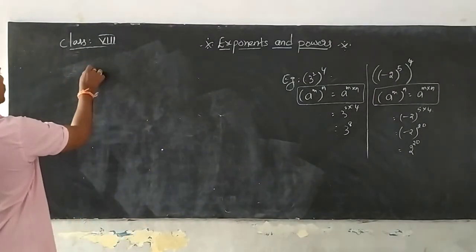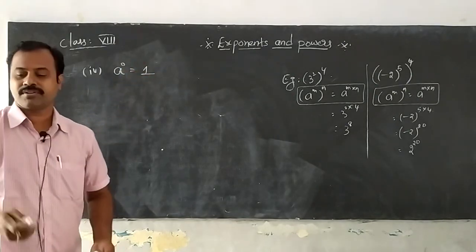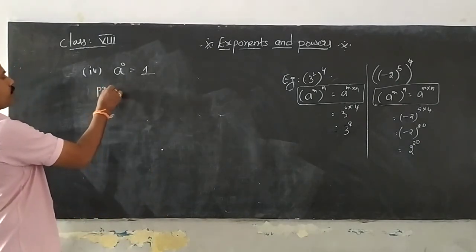A power 0 is equal to 1. How do you get a power 0 is equal to 1? Observe carefully, Nana. Coming to this proof,